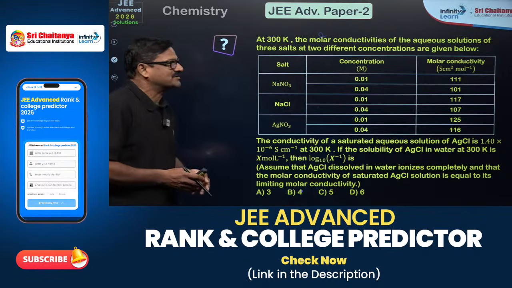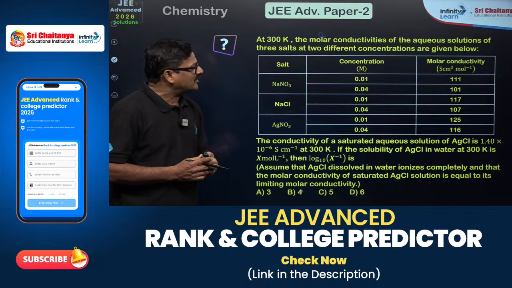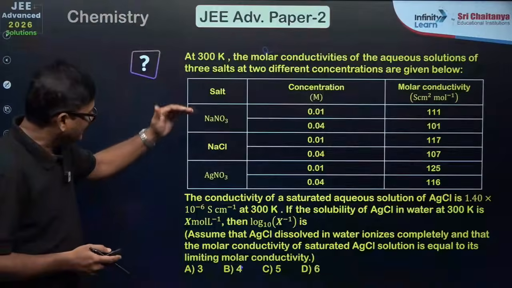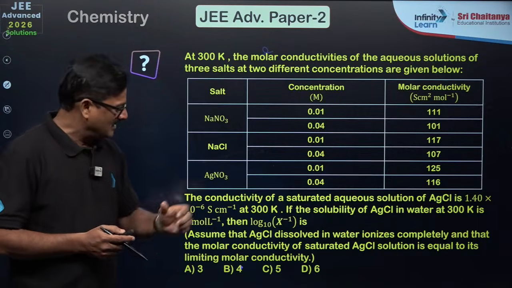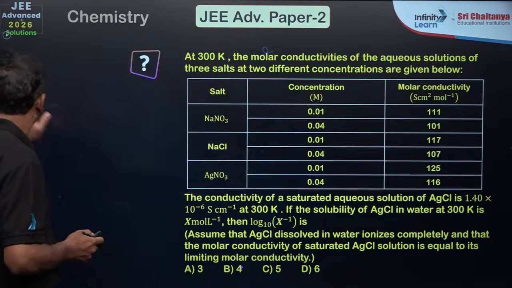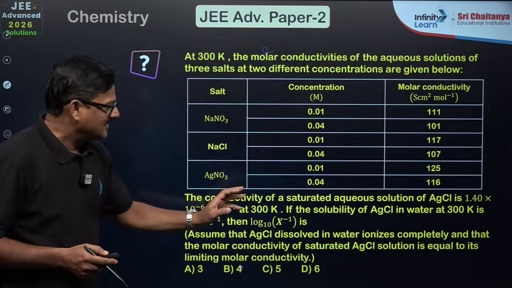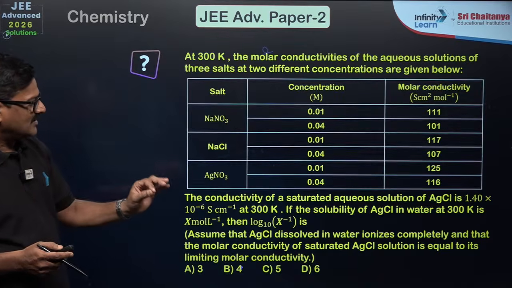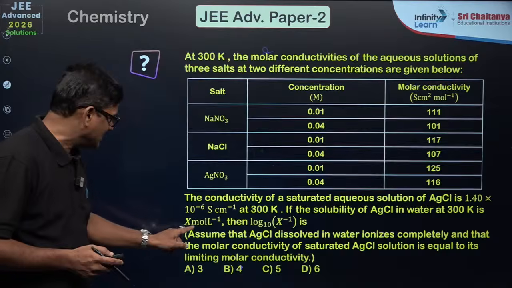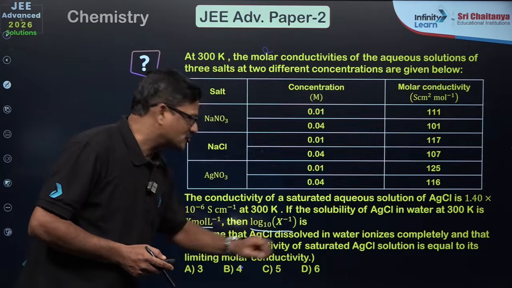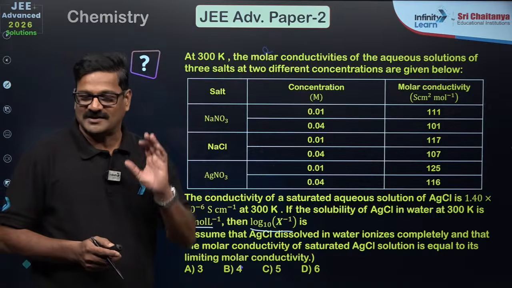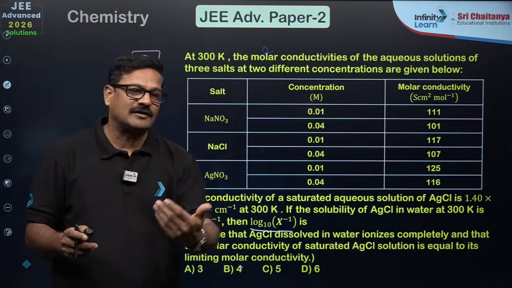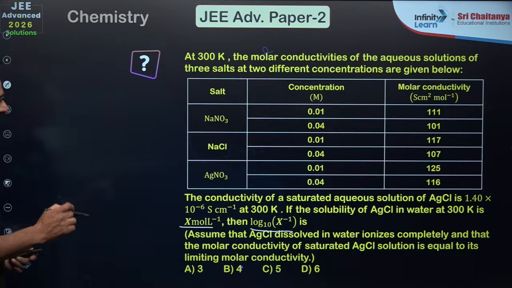Well, so moving ahead, the first question, it is given at 300 Kelvin, the molar conductivities of the aqueous solutions of 3 salts at 2 different concentrations are given. And NaNO3, NaCl, AgNO3. And the conductivity of saturated solution is given, and that is 1.40 into 10 power minus 6 at 300 Kelvin. And if the solubility in water at 300 Kelvin is given as x mole per liter, then log x to the power minus 1. So it's a simple logic. How do you calculate? I just want to take this particular question into 3 segments. How do you calculate the solubility? So I just want to take this calculation into,